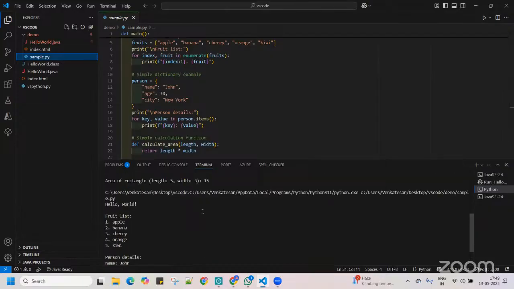So VS Code, Visual Studio Code, is a very lightweight IDE. IDE is nothing but an integrated development environment where you can write a script and get the output. It works with different file formats like py file, Python file, HTML file, Java file, JSON file, and